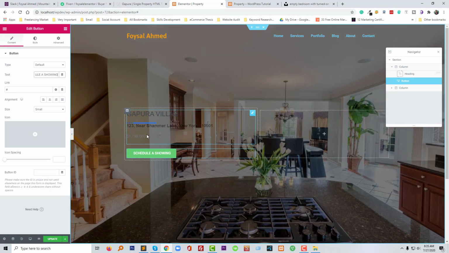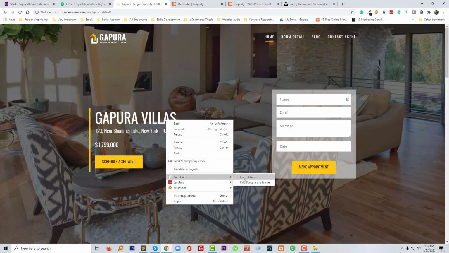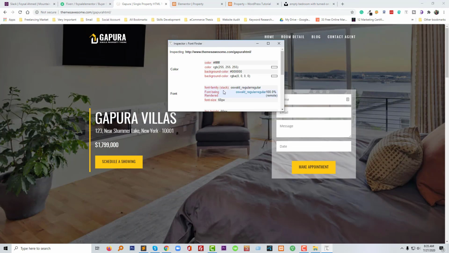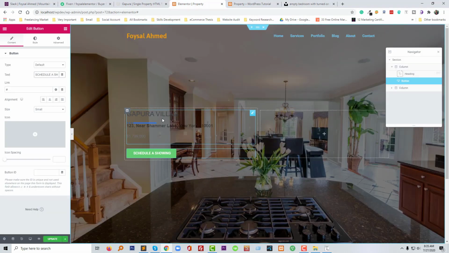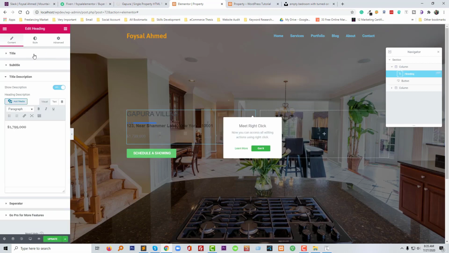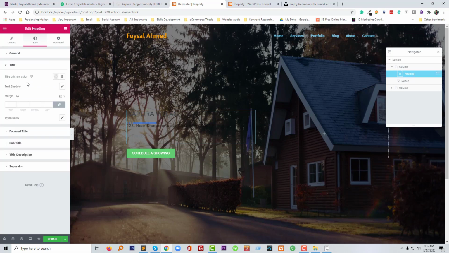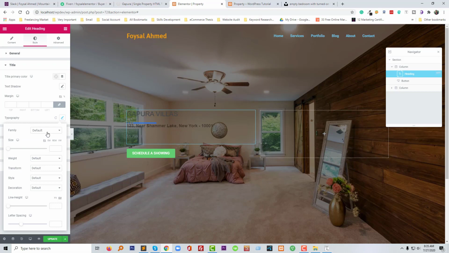So now it's time to start designing, making it like this one. So let me find out the font. That is very important, which font they are using. They use Ausland and font size 60, line height 66. Okay, so I'm going to click on the edit and style, then title, typography, font family Ausland,